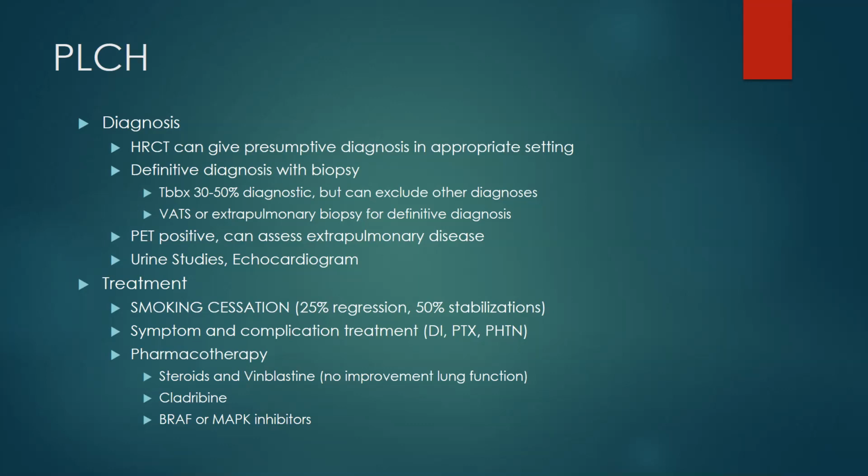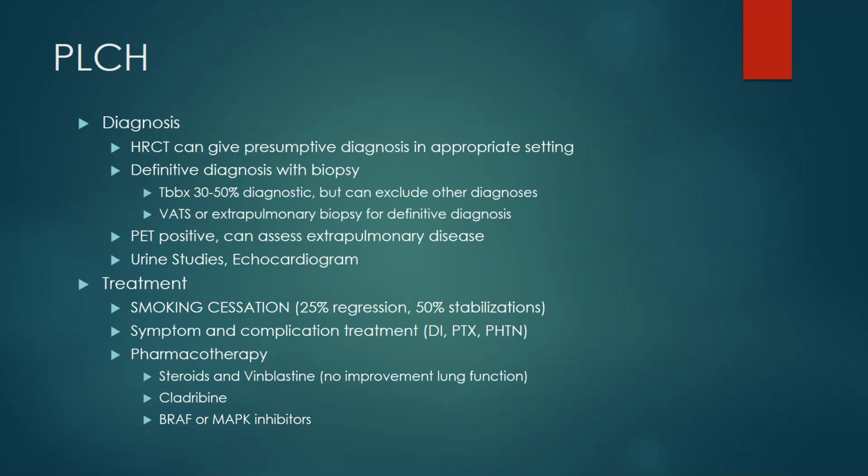In terms of treatment, the thing to know is smoking cessation is a must. With smoking cessation, there's 25% regression, as well as stabilization. A lot of times you treat symptomatically: if there are any pneumothoraces, with pleurodesis, treatment for their GI involvement and treatment for their pulmonary hypertension. In terms of pharmacotherapy,